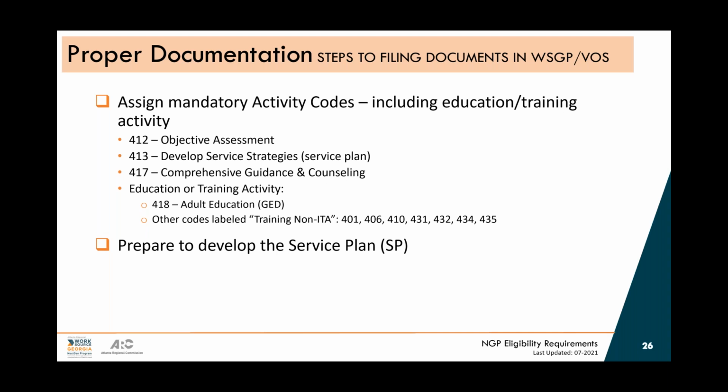So definitely every goal in your service plan should have an activity code, but work experiences, supportive services, all the 14 mandated elements all have associated activity codes. And we run reports showing those activity codes. The state uses those activity codes to show what services you've been providing. So if you're providing a laundry list of services to someone and you don't have any activity codes in the system, it's almost like it doesn't count. Like you didn't do any of those services. Okay, so please get in the habit of those activity codes. And tomorrow when you're involved, you'll see what that looks like.